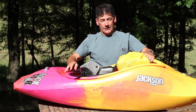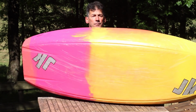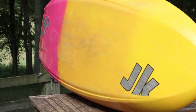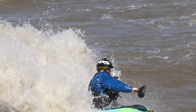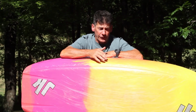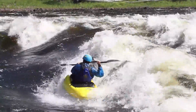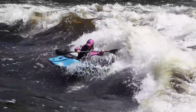Check out the hull. You want to see the hull? Tip it up like this. Whoa. Alright, we've done a couple things with the hull here. First thing we've done is the width from chine to chine is quite a bit narrower. And the reason for that is because we wanted a boat that would go edge to edge easier on the waves. But what we also wanted is if you're a lighter, smaller person, we want you to have control and have the boat not feel very wide for you. We want it to feel like a boat that you've got full control over. You've got more control over the edges at a lighter weight than you ever have before,